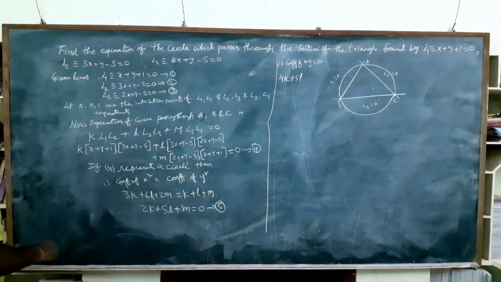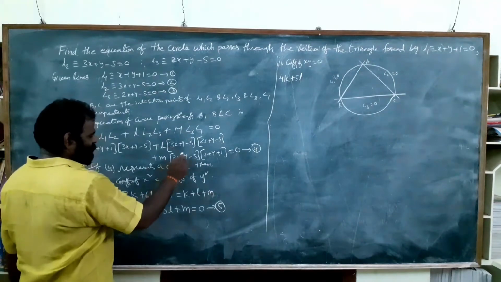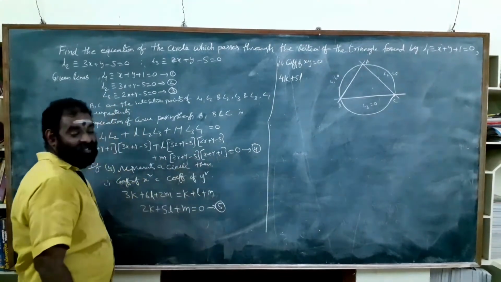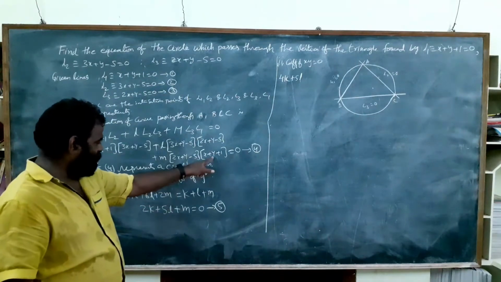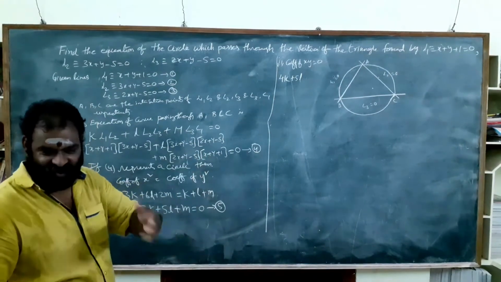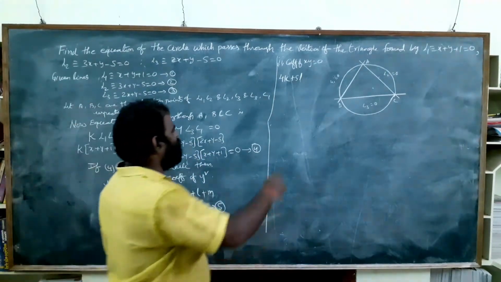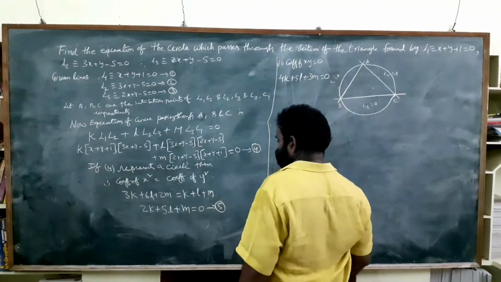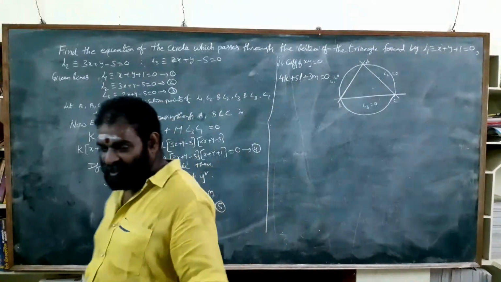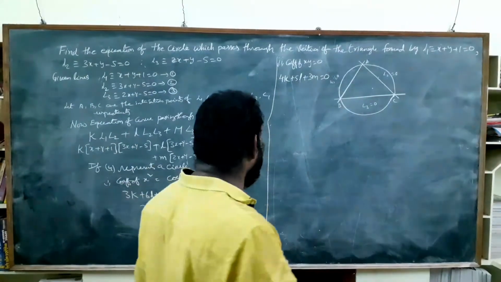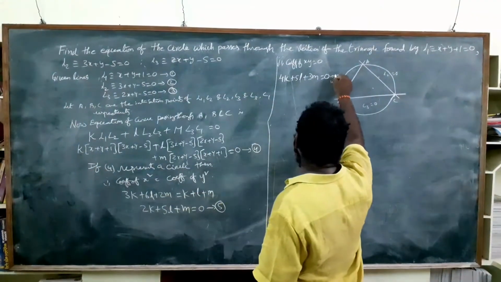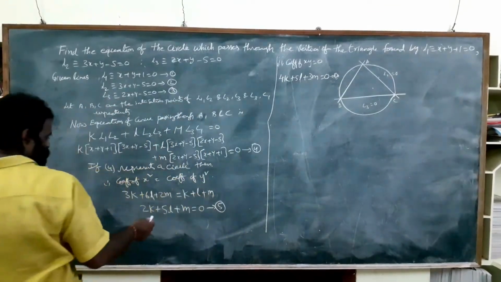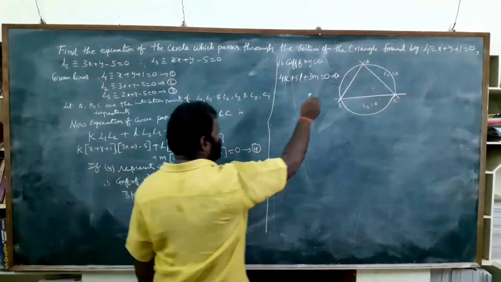Next. Here 2x into y, 2xy, y into x, 3xy. So here is 2xy and y into x, another xy, 3xy. 3xy into m, 3m equal to 0. So coefficient of xy equal to 0. So this is one more equation. So here two equations will be obtained, 5 and 6.